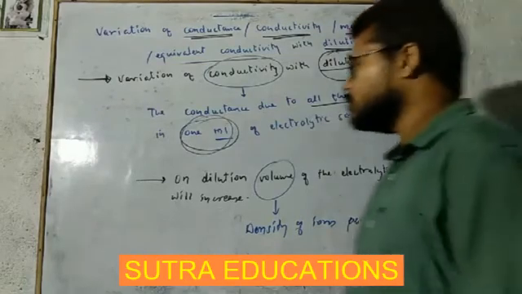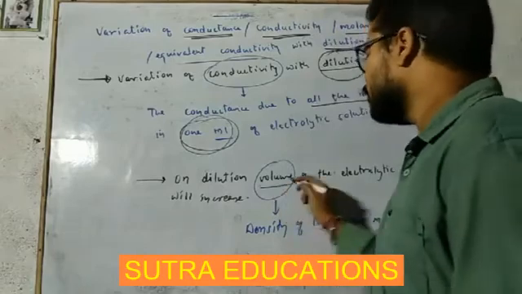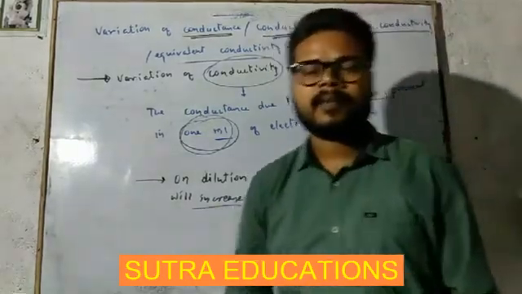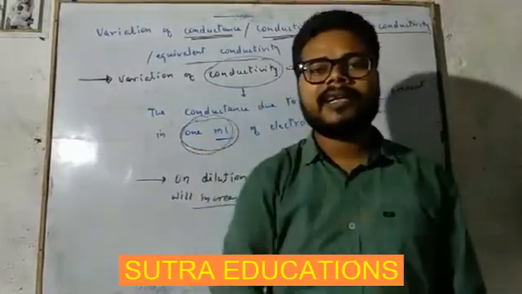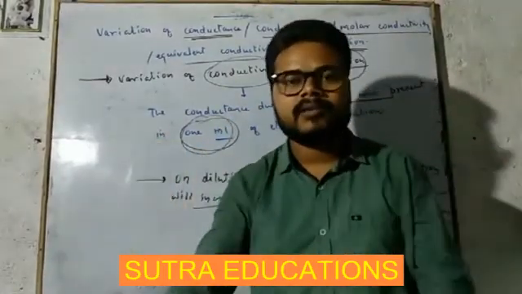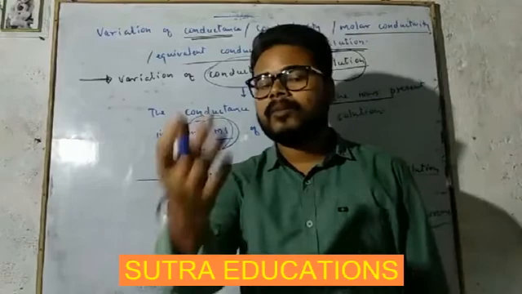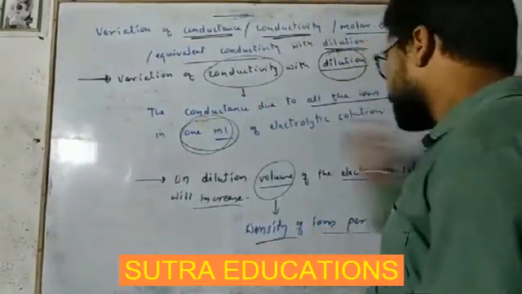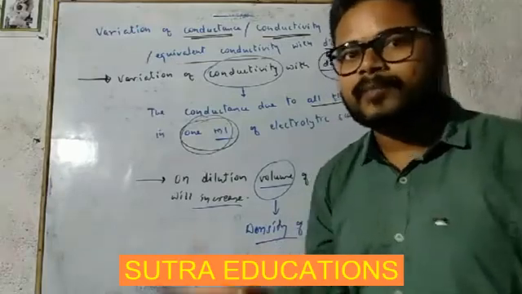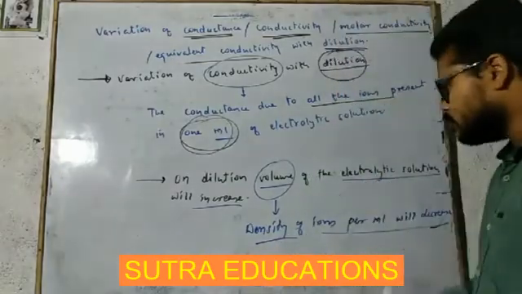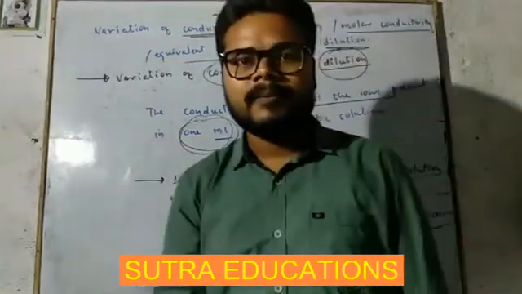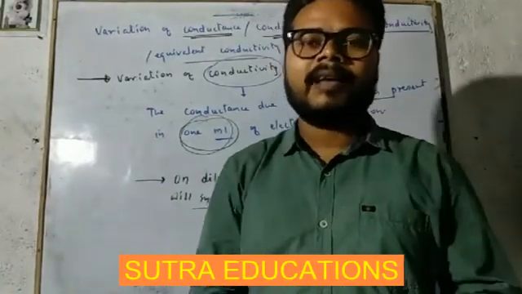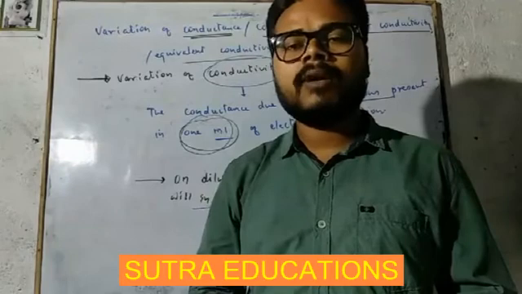I told you on dilution, volume of the electrolytic solution will increase. Obvious. You are adding water, so volume of electrolytic solution will increase. So as the volume increases, density of ions per ml will decrease. So if in 1 ml the number of ions will decrease,